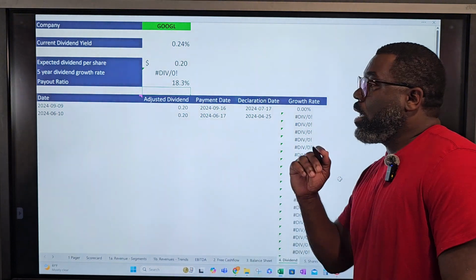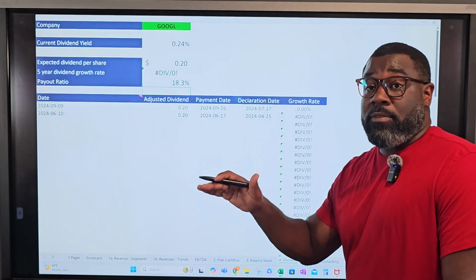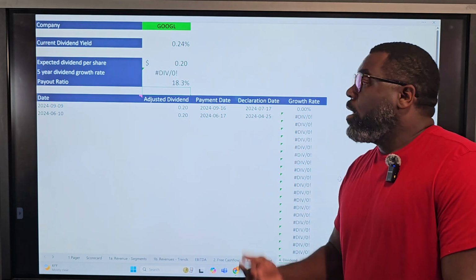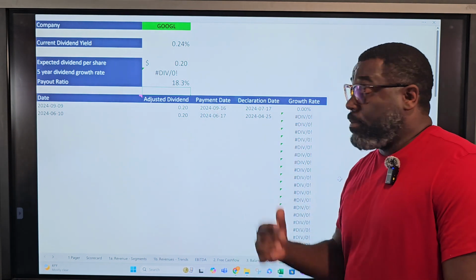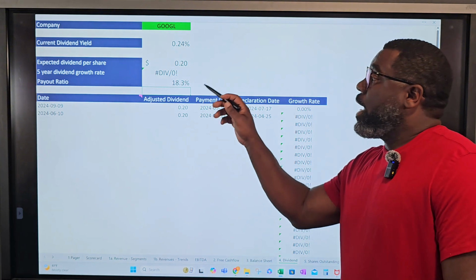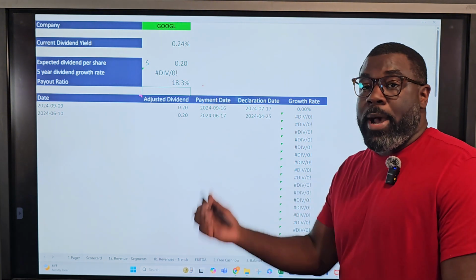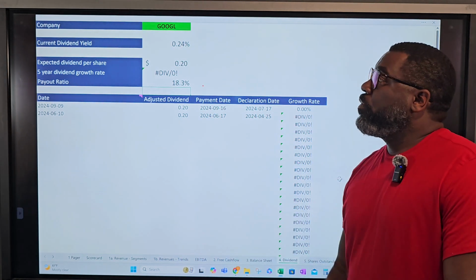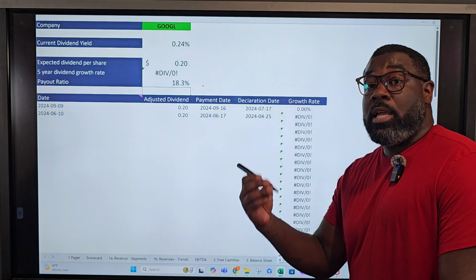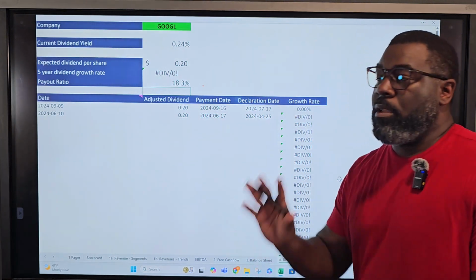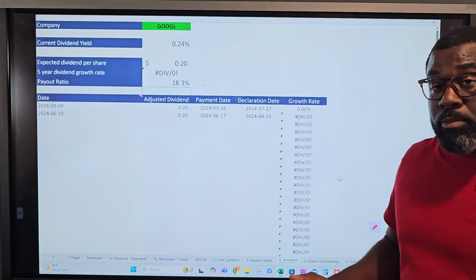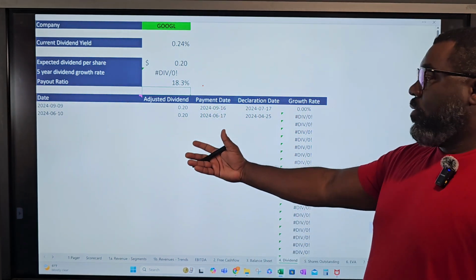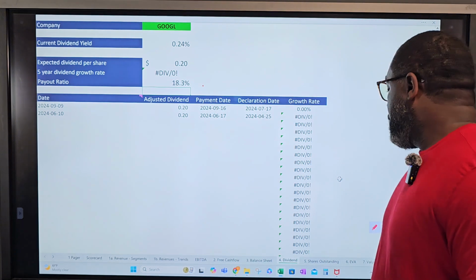I don't know. Google is a company that has an opportunity for lots of innovation. So I don't expect the growth rate of this dividend to be very high, although it could be, being that they're growing their free cash flow and that they're only at 18.3%. So that pot of money that they're paying the dividends out of will continue to grow, which means there's great potential for dividend growth when it comes to Google. So we'll see what the dividend policy is going to be in the years to come. It might be a great dividend growth play, but it still could be just a growth company where you're buying it not necessarily for the dividend, but for the capital appreciation.